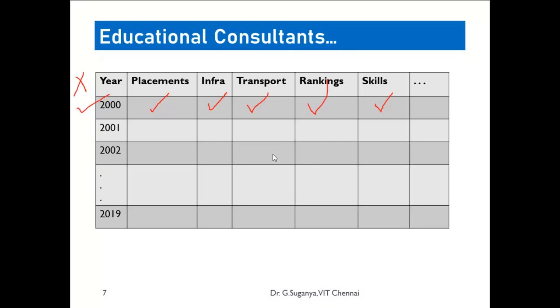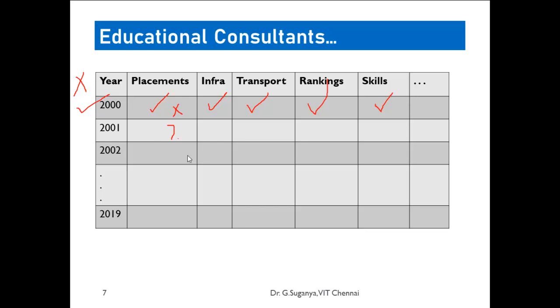Then how should this data be? How do we want the placement to be? If the placement percentage in the year 2000 is X, how do you want the placements to be in 2001? Do you want it to be more improved? Yes, of course, everyone wants a considerable movement. And it's always a fact that you cannot expect it every year. Let's say if there is an increase of 5% in placements from 2000 to 2001, not every year can the same 5% be maintained. It's an acceptable fact.